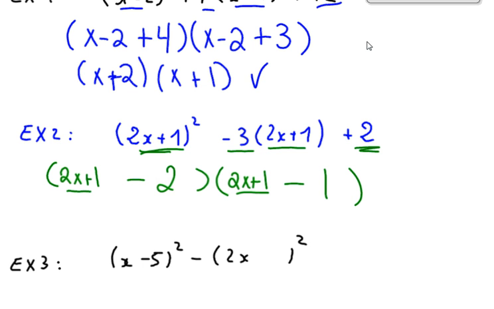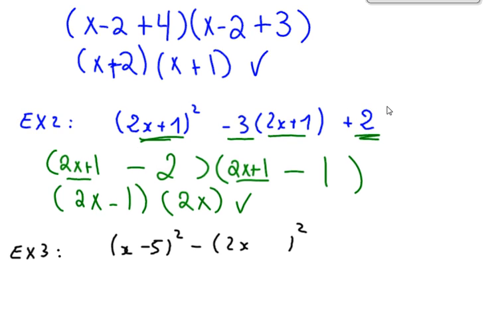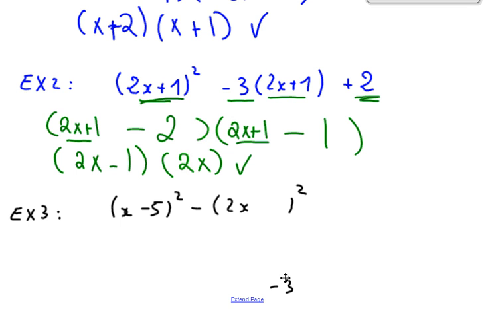And again, we can combine like terms, simplify from here, so we have 2x minus 1 when we simplify, and 2x plus 0, or just 2x. And now it's fully factored. That's all we can do. Okay, so we have